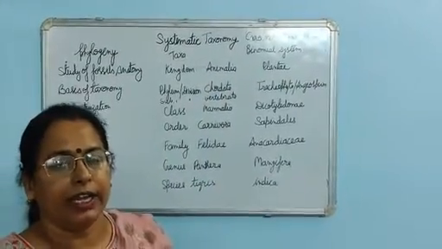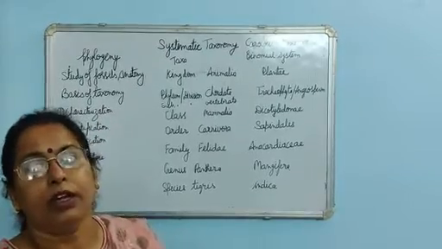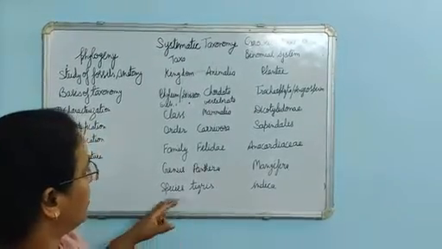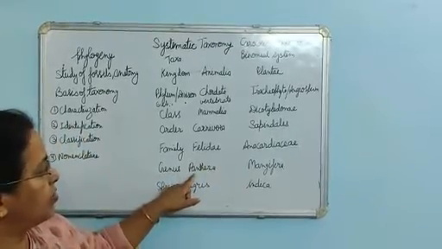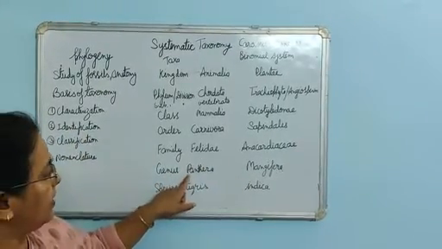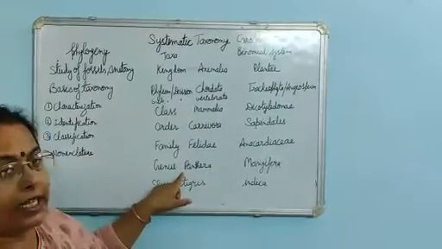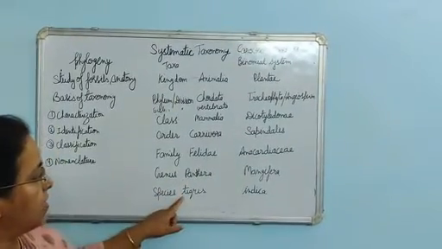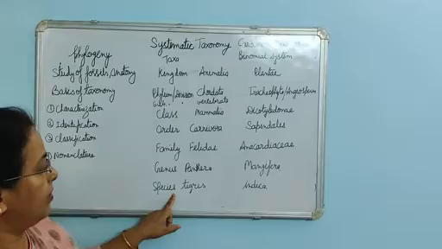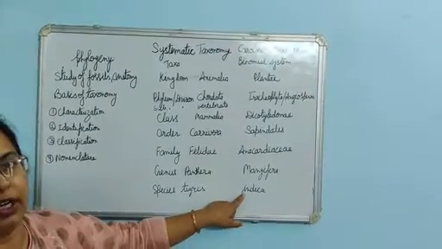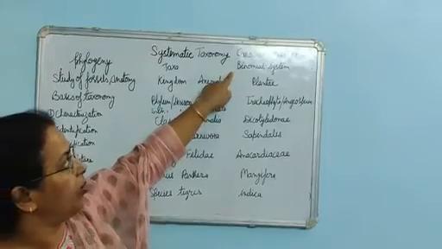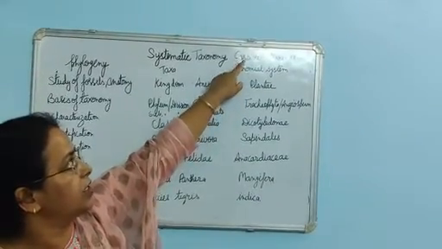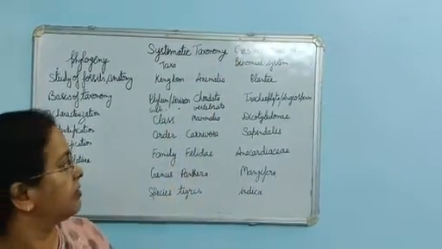In the same way, if we are giving a scientific name to a plant or animal, it has 2 parts. The first name belongs to the genus and is written with a capital letter. The other belongs to the species and starts with a small letter. So that is the scientific name, binomial nomenclature. It was given by Carolus Linnaeus.